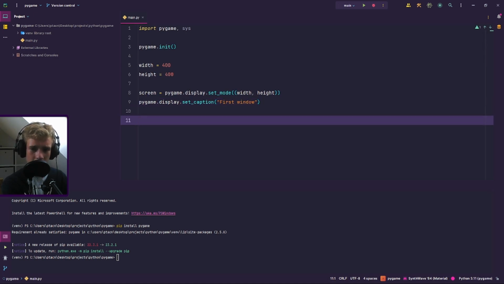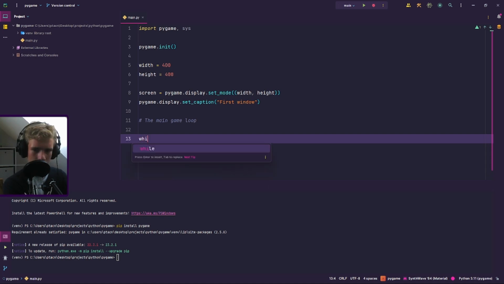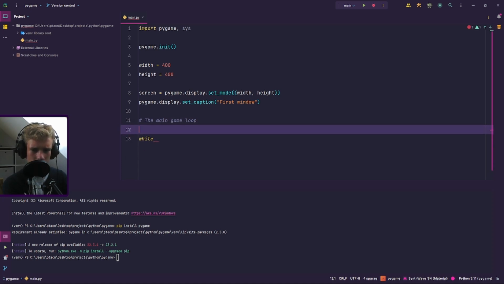And now we need to create the thing that's called the main game loop. In the main game loop you handle all of the events, and you interact with the user and all the things you see on the screen. So I will type here a comment because it's more readable: the main game loop. And here I will type just a simple while loop. Someone declares a variable here, but I won't do it. I will just type while True,